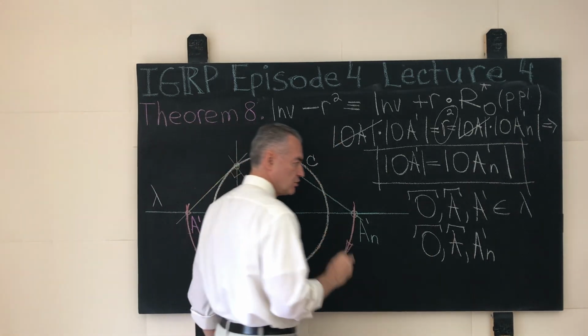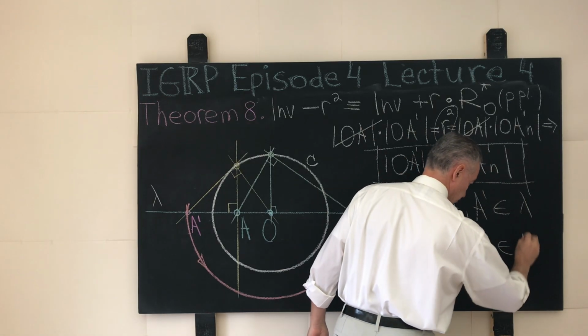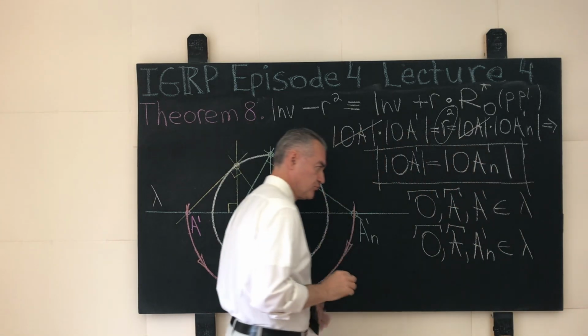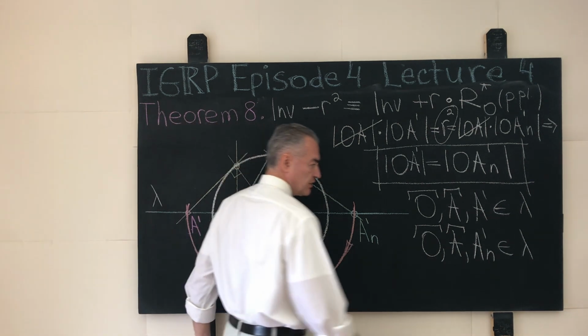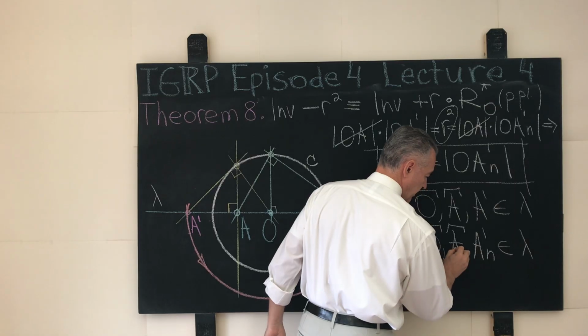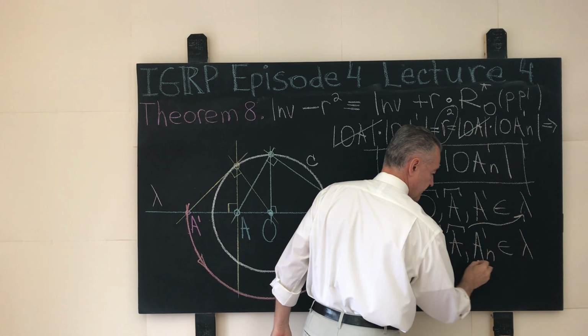That means that there is no room for play over here. Game over. There is no room to wiggle or no room to maneuver. The points O, A, and A prime must belong to the same straight line lambda, and that means that the